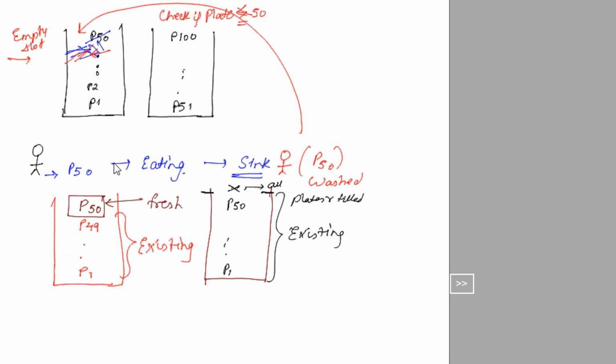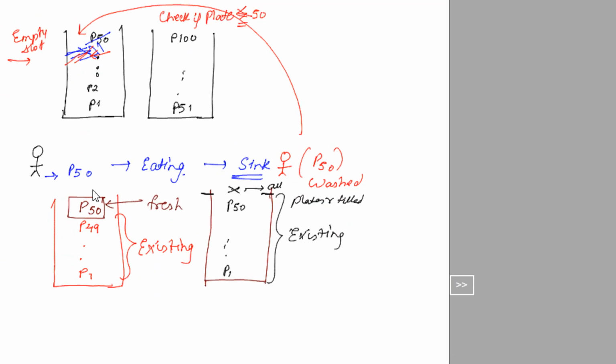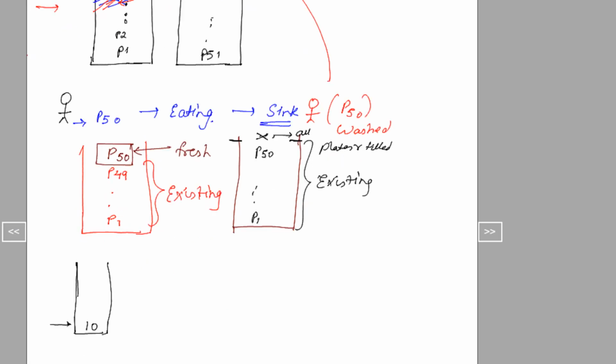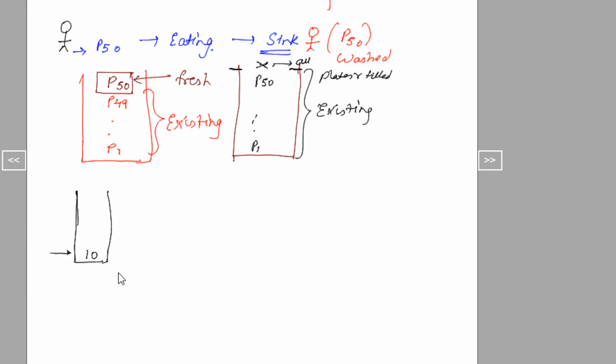Now this implementation where you insert a new element at the top and you remove an element from the top is known as stack. And you can implement stack in two ways. You can keep an array, right? So in terms of numbers, let's say I am having a number 10. This is my top of the array. Then I insert 20. So 20 becomes my top element.